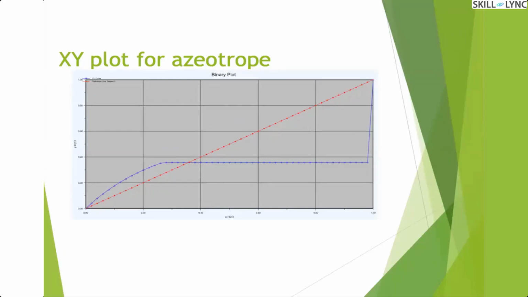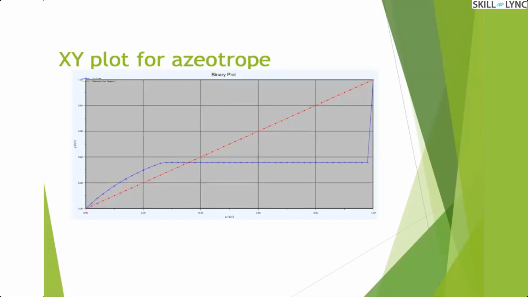Or you can go with extractive distillation or other methods, so that you can split these components into pure components. So you can use this plot to determine whether there is any azeotropic